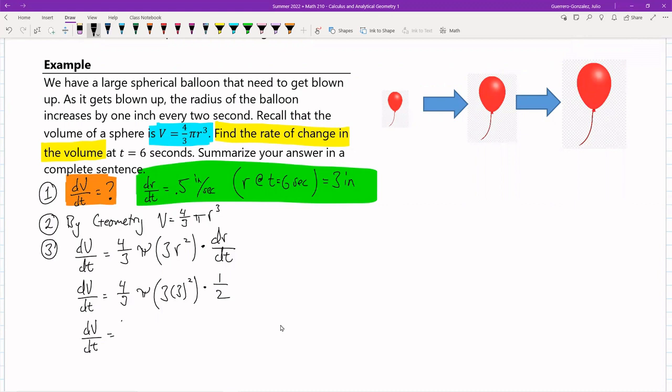So I'm going to write this all out: 4/3 pi times 27 over 2. You can at least write that much, right? And if you plug this all into a calculator, you should get 56.54 inches cubed per second. So to summarize,